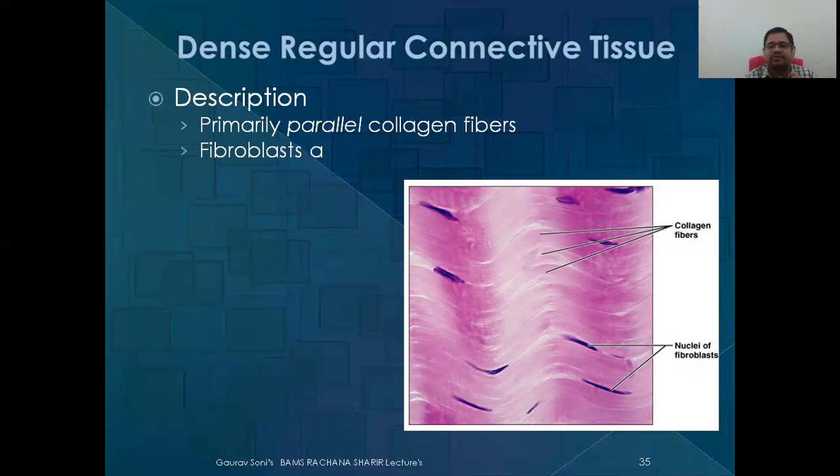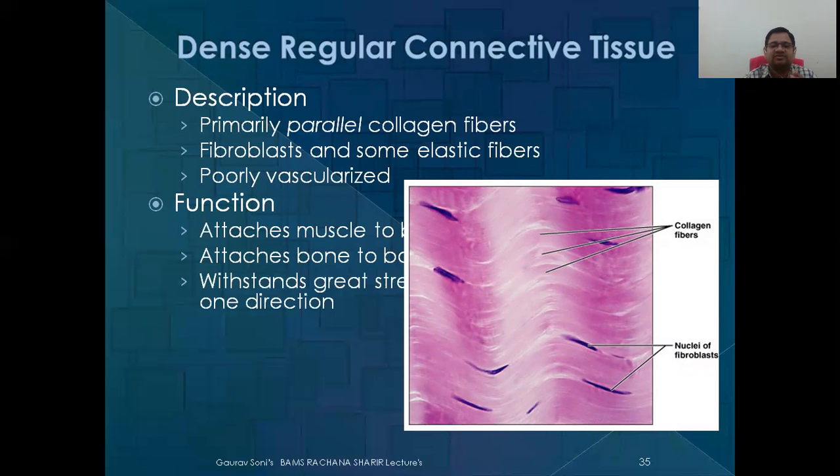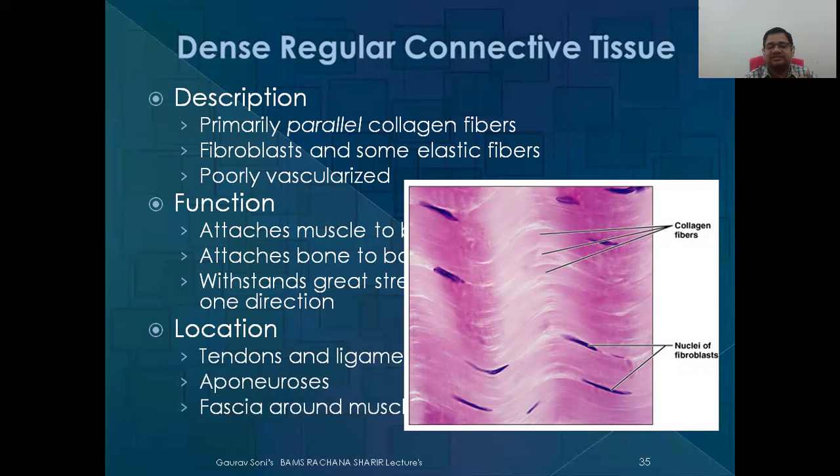Then there is dense regular connective tissue. Fibers are arranged in a parallel pattern. Fibroblasts and some elastic fibers are found. Poorly vascularized. Function is attachment of muscles to bone. Attaches bone to bone. Withstands great stress from one direction. Location: tendons, ligaments, aponeuroses and fasciae. So these are about the dense connective